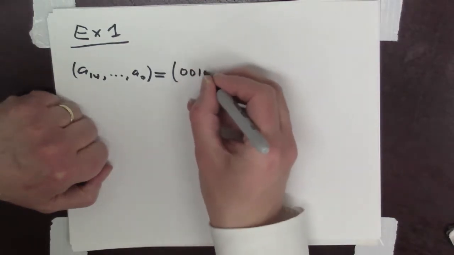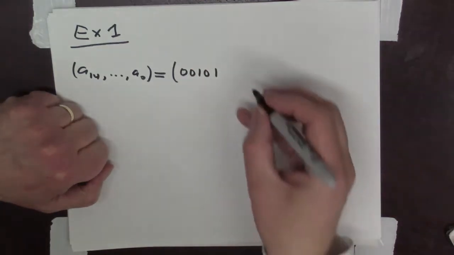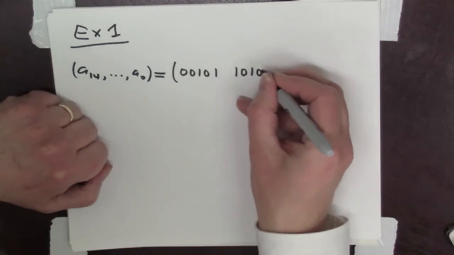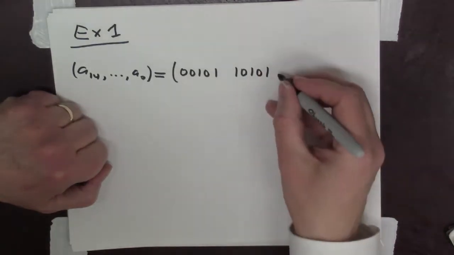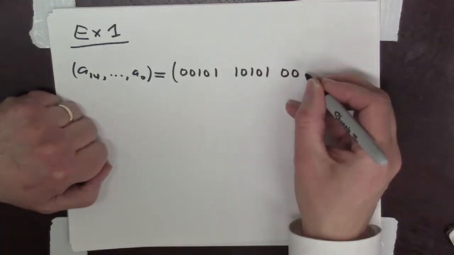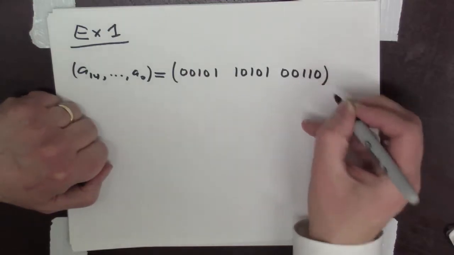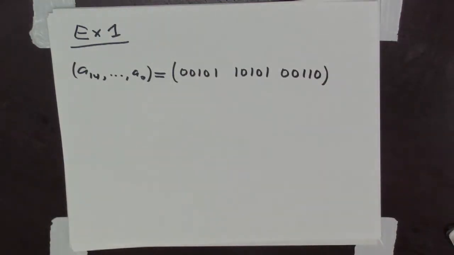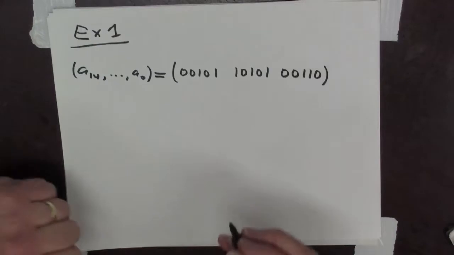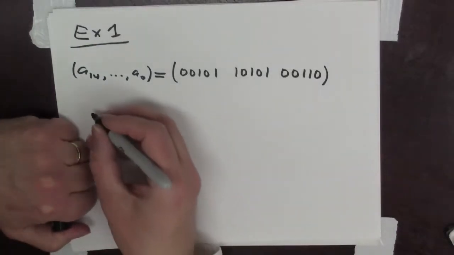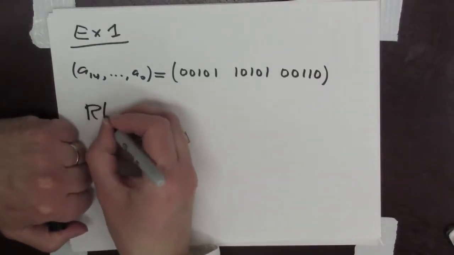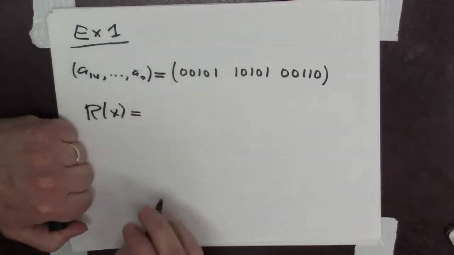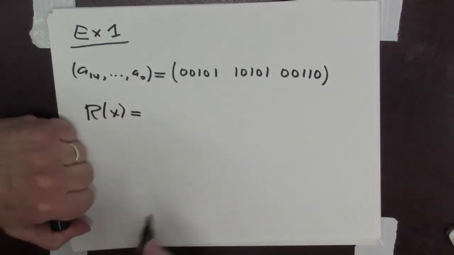0 0 1 0 1, 1 0 1 0 1 and 0 0 1 1 0. Okay, that's the bits we receive. What does this mean? That means that our polynomial R of x is equal to, okay, you have to be